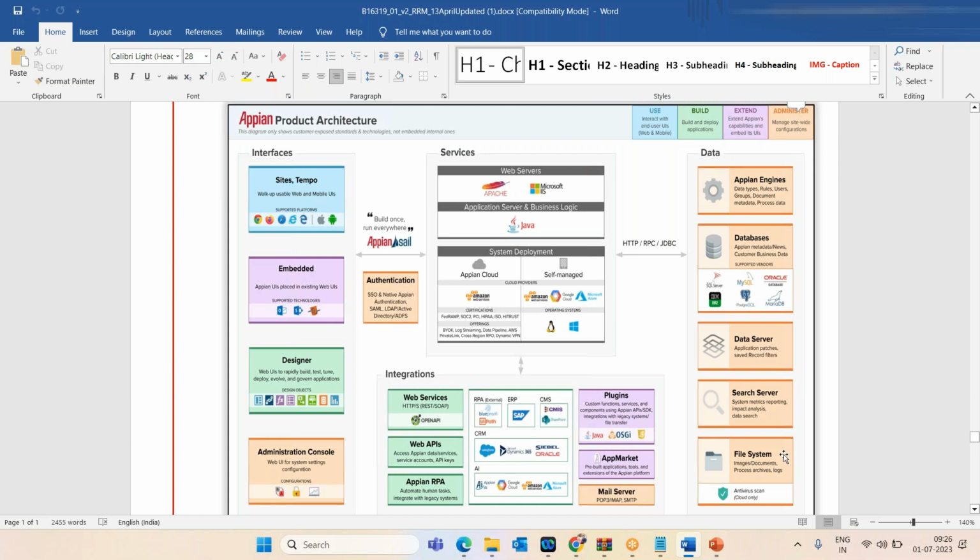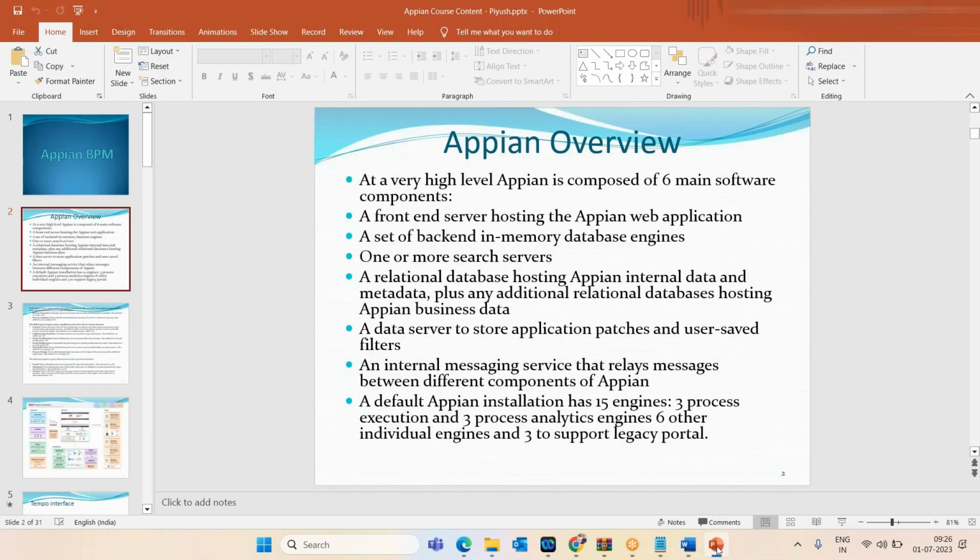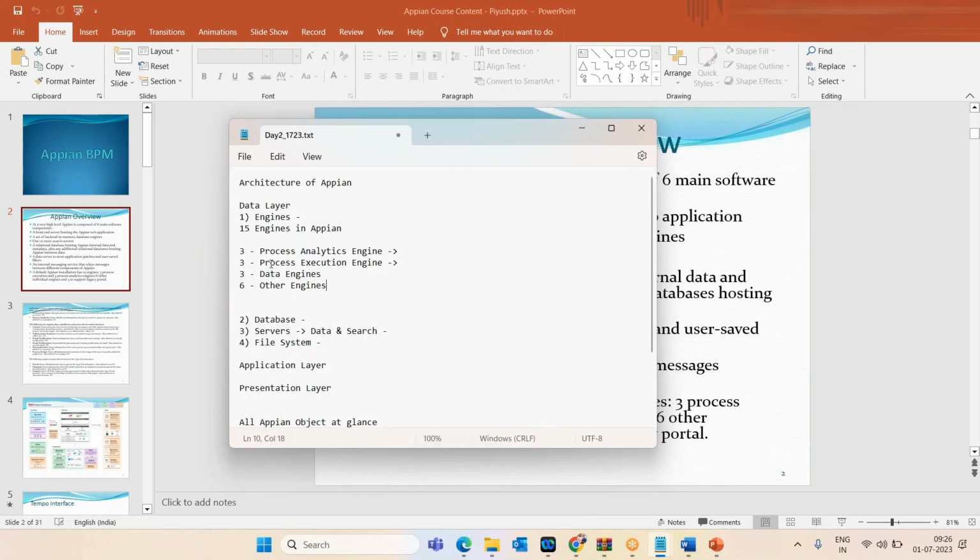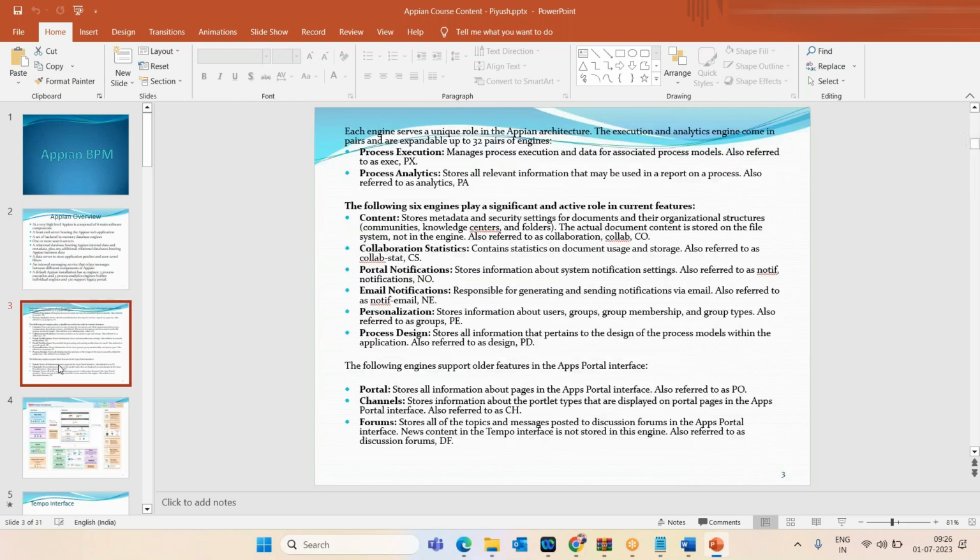Okay, whenever it comes to the engines, there are 15 engines. Okay, where we have 3 process execution, 3 process analytics. Instead of data engine, we have a legacy portal. 3 to support legacy portal, and the 6 other engines are like